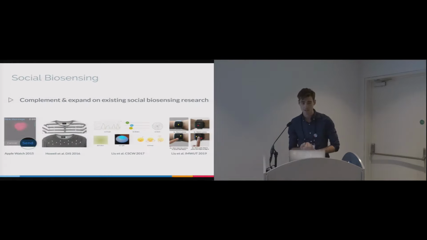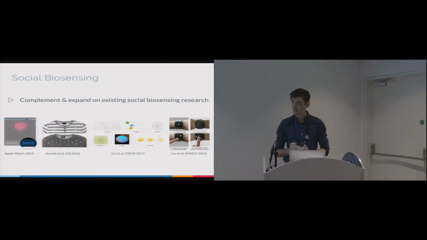But another interesting direction, another cue that's been explored recently in HCI research, is social biosensing. So what is biosensing? Biosensing is the capture and interpretation of physiological data generated from our bodies and behaviors. It includes things like heart rate and also something called electrodermal activity. It's changes in the moisture level of the skin that indicates how excited you might be or a degree of arousal.